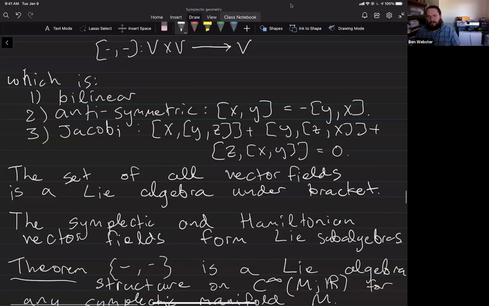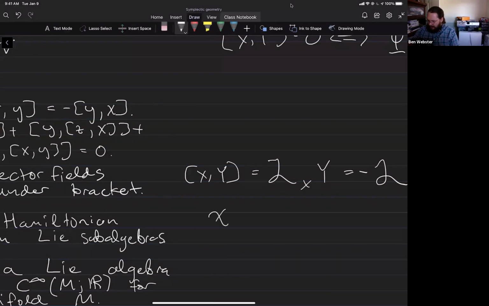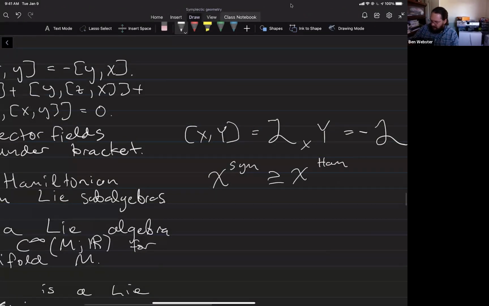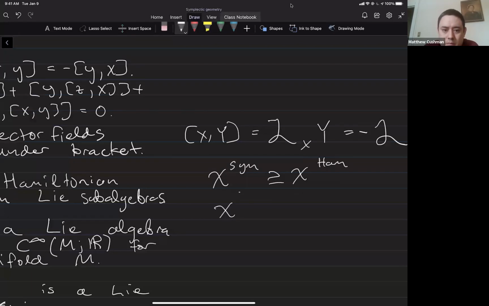And one thing we calculated here is that the symplectic and Hamiltonian vector fields form Lie subalgebras, because we showed that the Lie bracket of two symplectic vector fields is Hamiltonian. So Kannan Soundararajan writes, wouldn't that imply even stronger that the Hamiltonian vector fields are an ideal? Yes, in fact, even more than that. So I have symplectic vector fields, I have Hamiltonian vector fields. So yes, it's an ideal, and the quotient